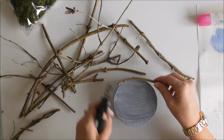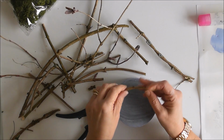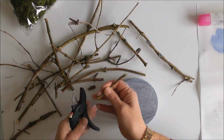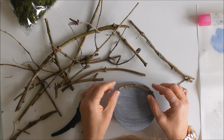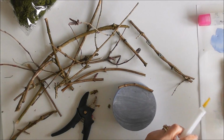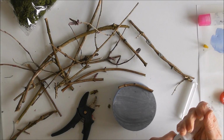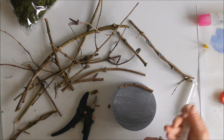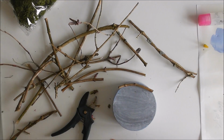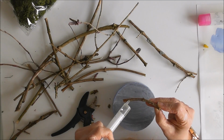So it doesn't matter if it hangs over. Rick isn't going to be pleased. I took this off the, what did I take it off? I took it off the jasmine. So I've helped him prune. Oh God, the things I get up to when he's not here. Honest. I have to be good when he's here. He's at work today, so